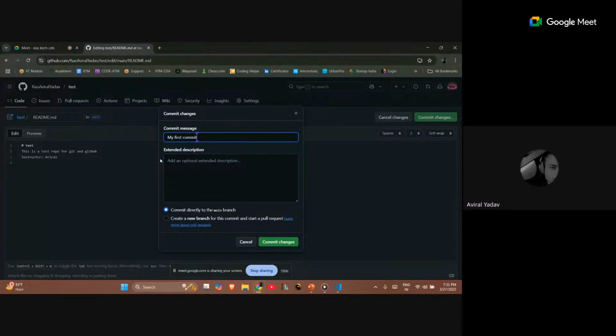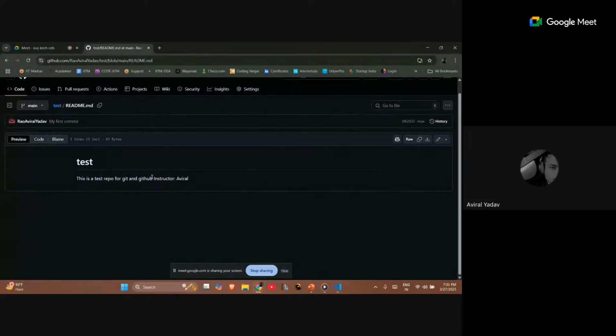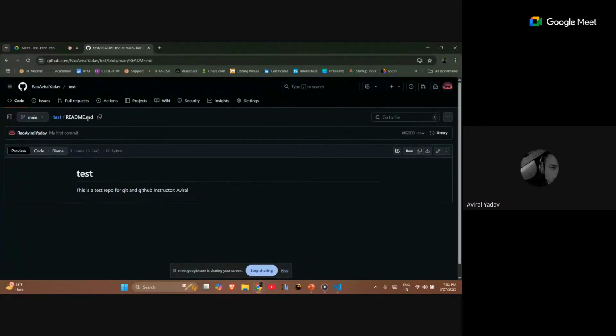It acts as a screenshot, or you can say a save state to which you can go back again. For example, I'm naming it my first commit. And if I later make any more changes, let me just show you. I'm saving it. Yeah, it's done, and you can see that it didn't come on the next line. It was just in a single line of text. That's because it's a markdown file, not a txt file or any other normal file.